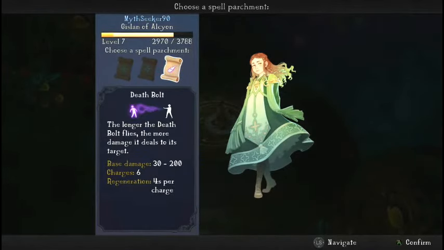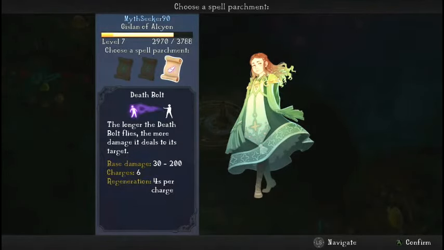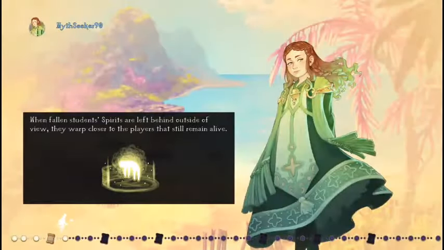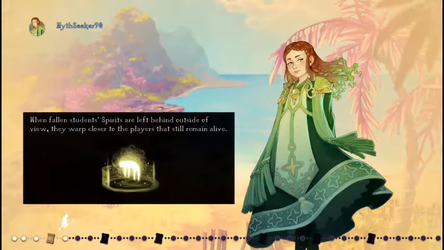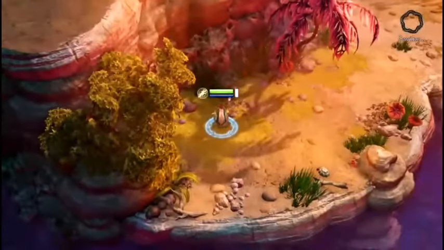I do like having a skill that's throwable instead of a spray, because I already have a spray. So I'm gonna choose that spell. I have a feeling the other ones are still going to be available later. It would be kind of helpful to have another element, but I think having...